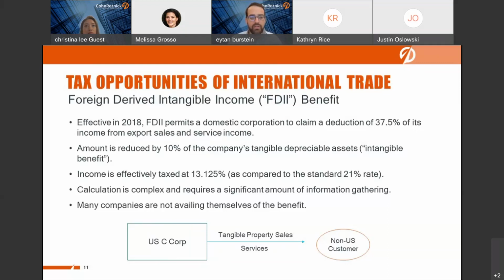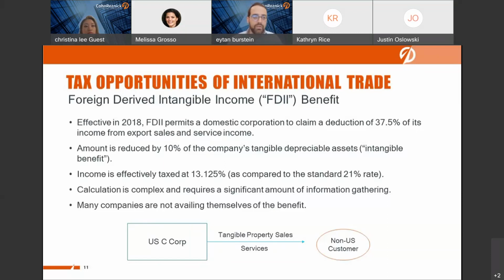The foreign-derived intangible income benefit is, in essence, an excess return on tangible fixed assets. Okay, so that's the intangible aspect, is that any amount in excess of a 10% return on the company's depreciable assets will be eligible for the benefit to the extent they are comprised of export sales and services